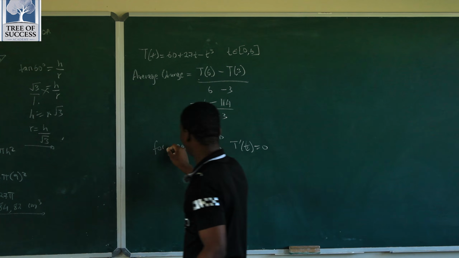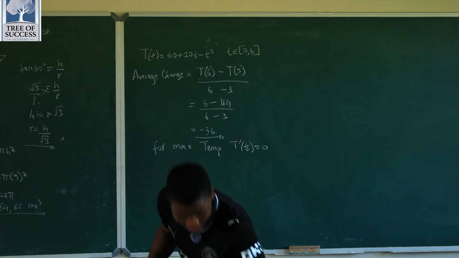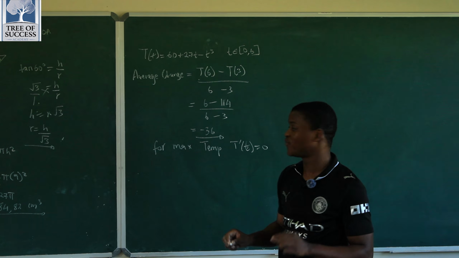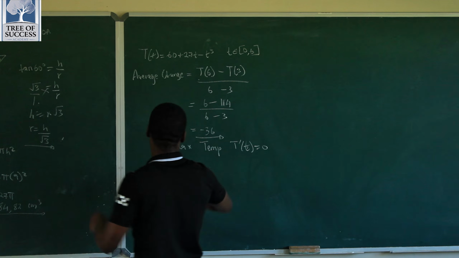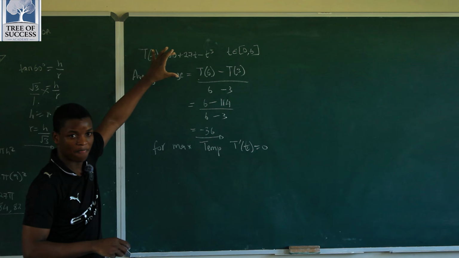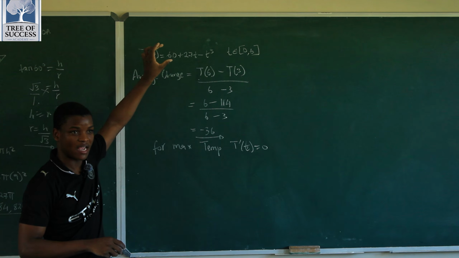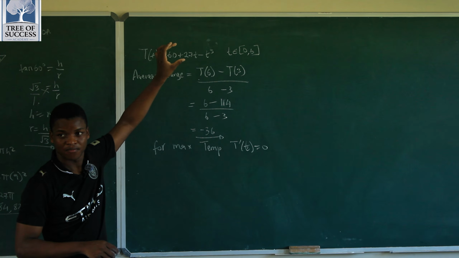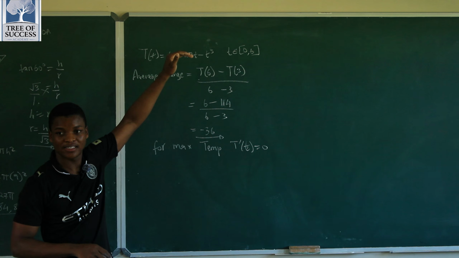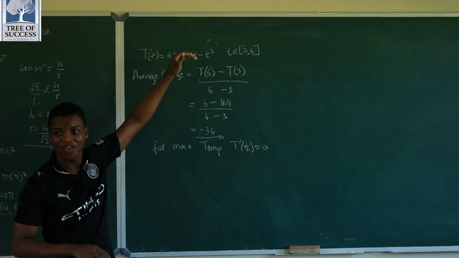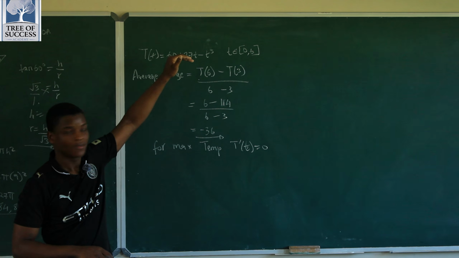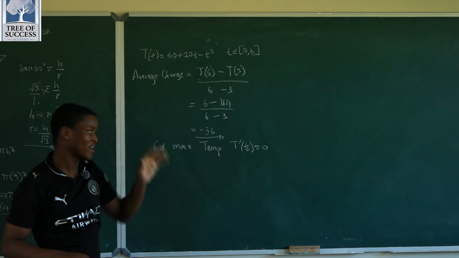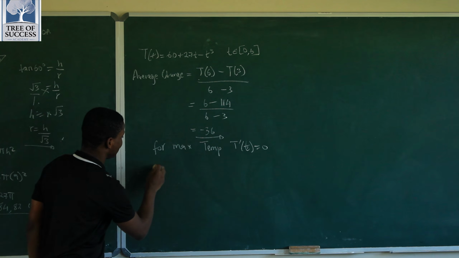Alright, now let's look at how you do it. The question says after how many seconds, so we're solving for the value of t. Now let us derive here. Can we derive here? Why? There are no roots, no radical sign, and no t on the denominator, and no brackets. So let us derive here.